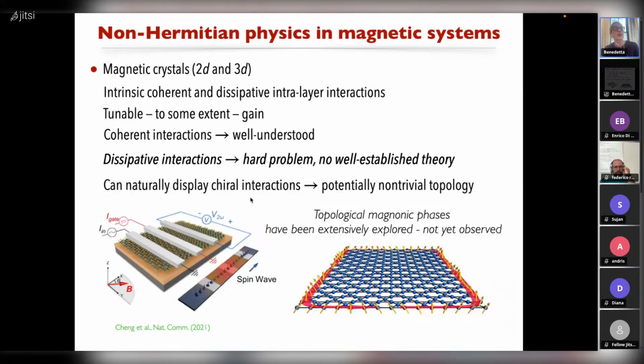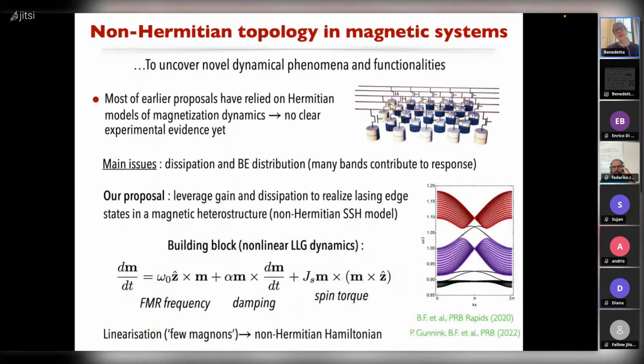However, some of these interactions are really interesting. For example, people have been looking for decades at how one could potentially find topological magnonic phases that are due to some chiral interaction that, for example, emerge in van der Waals materials. So this was a topic that I was particularly interested in, I would say 7-8 years ago. And the interesting side of it is that most of the earlier proposals for realizing magnonic topological phases have